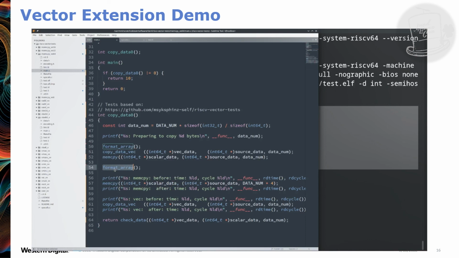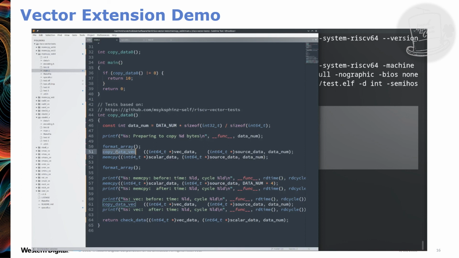The reason for that is because QEMU caches instructions as it generates them. The first time you run an instruction, it can be slow to generate it. If I don't do this, what I realized happens is memcpy just uses loads and stores, so they were all cached. The vector version uses these fancy vector instructions that had never been run before, so they weren't cached, and they were significantly slower. So I tried to even it out by running everything first. Then I run it again with my prints so we can read it. I'm just printing the number of cycles before and after.